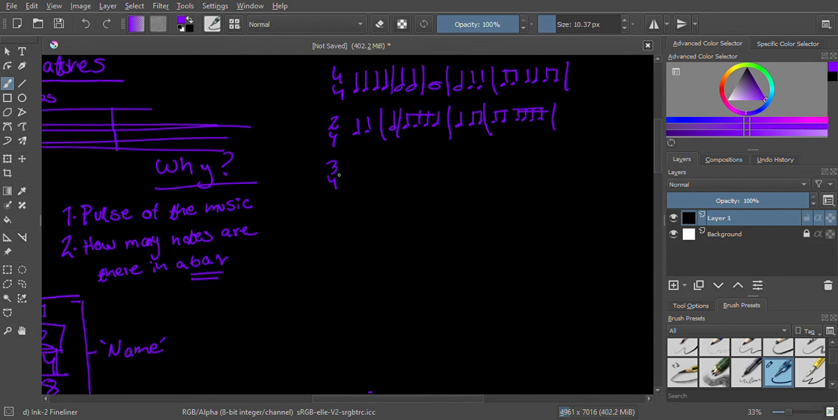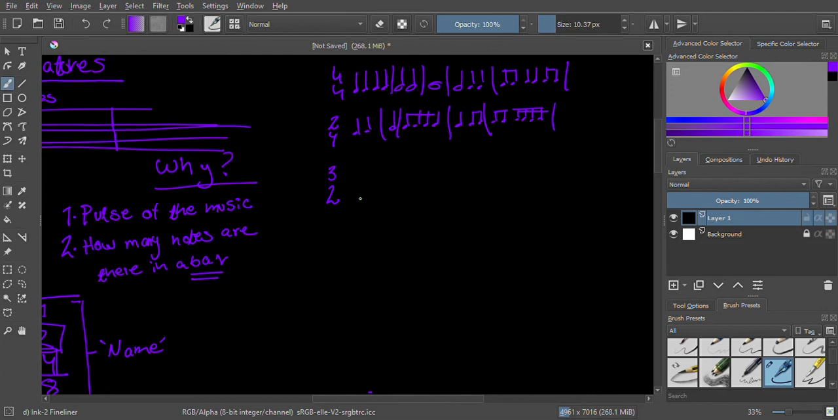before we leave. So 3 4, what does this mean? In fact, no, I've used 4 too much once again. Let's take 3 2. So let's break down what this means. 3 means that there are 3 counts per bar, and 2 means that each count is worth a